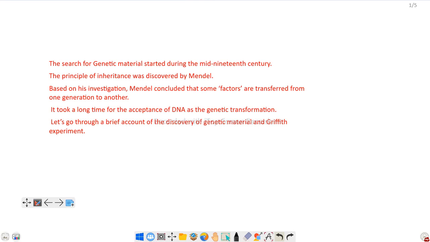The search for genetic material started during the mid-19th century. The principle of inheritance was discovered by Mendel, based on his investigation that some factors are transferred from one generation to another. It took a long time for the acceptance of DNA as the genetic information. Let's go through a brief account of the discovery of genetic material and the Griffith experiment. Griffith conducted an experiment in 1928, where